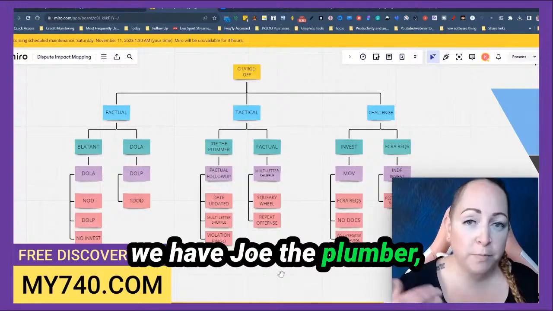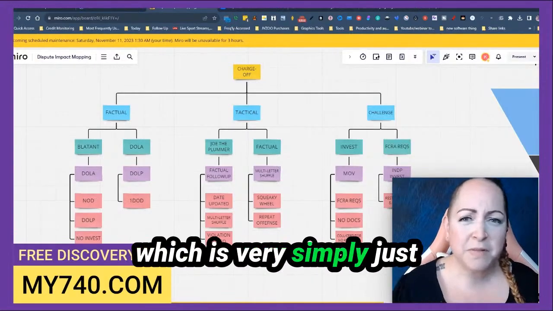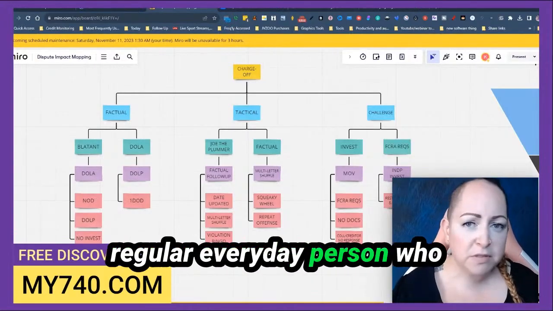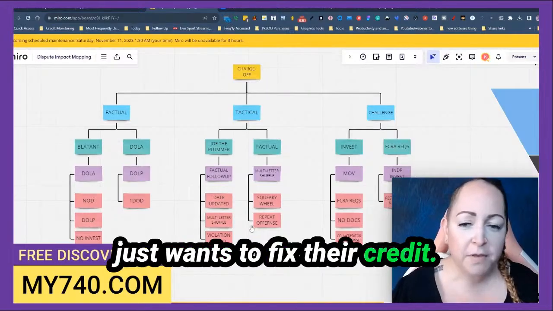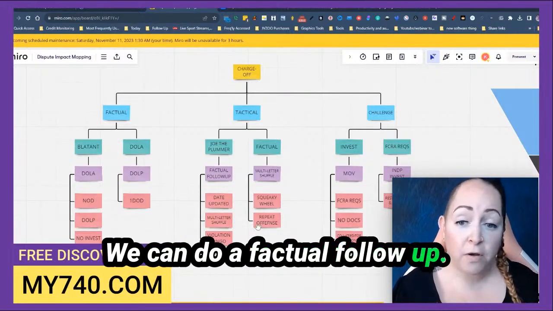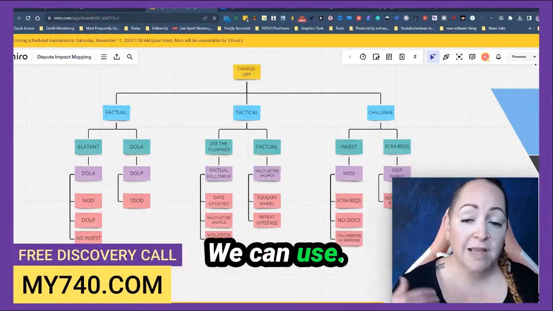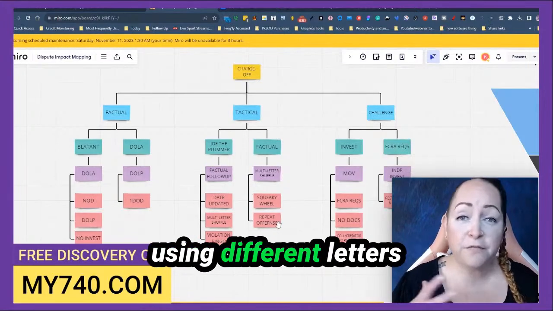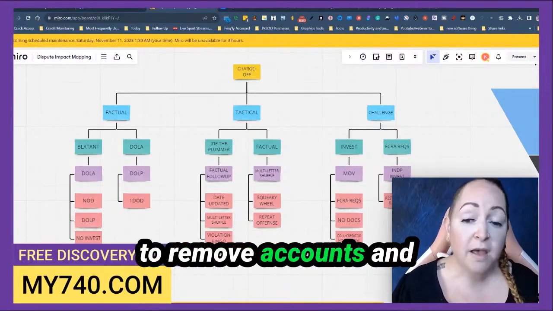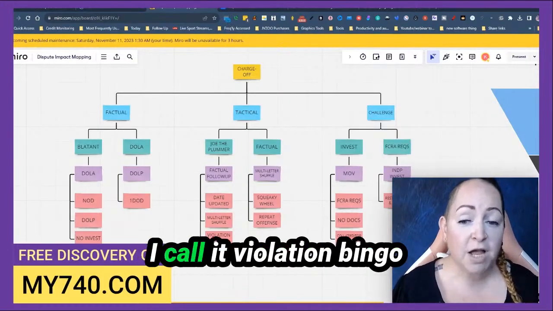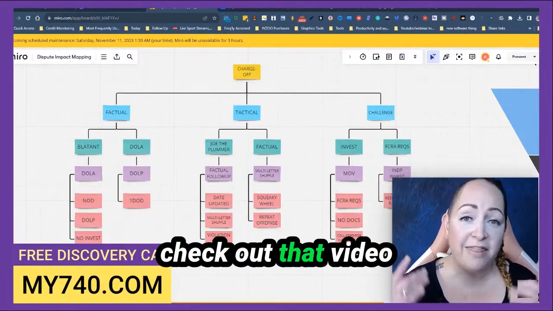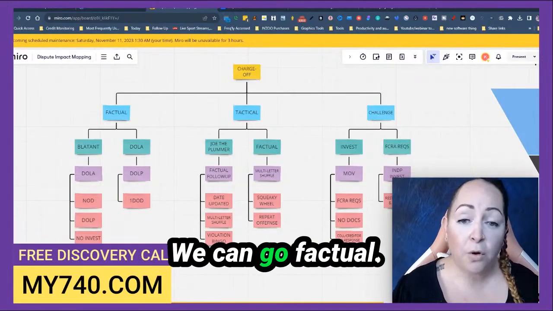We have Joe the plumber, which is very simply just a regular everyday person who just wants to fix their credit. We can do a factual follow-up. We can use the date updated or date last reported. We can use multi-letter shuffle, using different letters to remove accounts, and then go after violations. I call it violation bingo. Check out that video in the description. We're going to go factual,